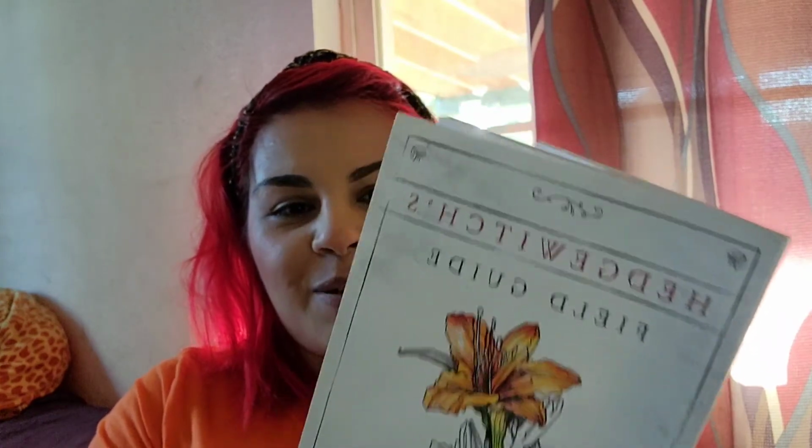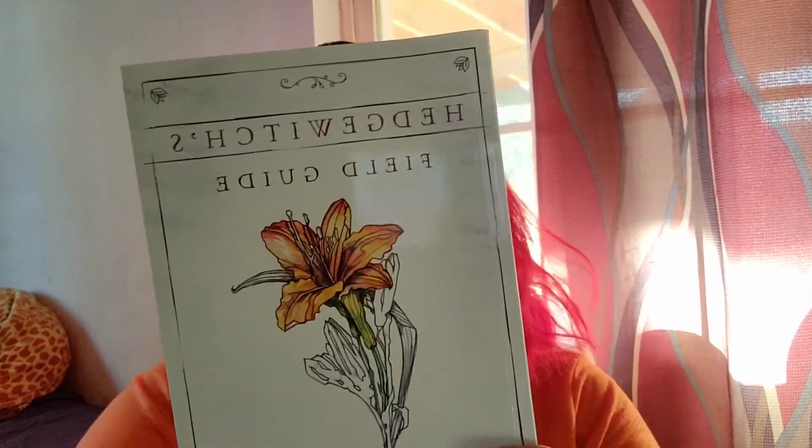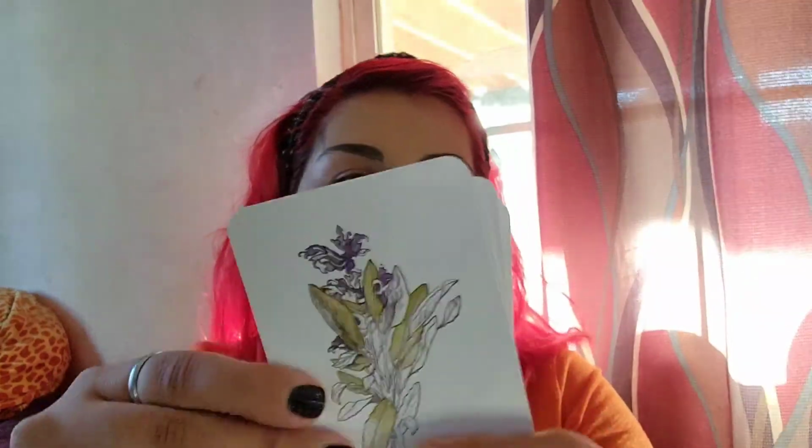Well, this is actually an oracle deck. I did a video on this one, I believe. Unless I didn't. Oops, sorry. I believe I did make a video on this one, but it's Hedge Witch Field Guide. I started reading the book actually because I thought it was interesting how it had such cool information and history on some of the herbs it was showing. So I started reading the book, and I've used the deck a few times,